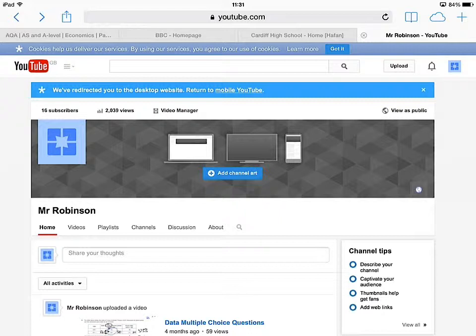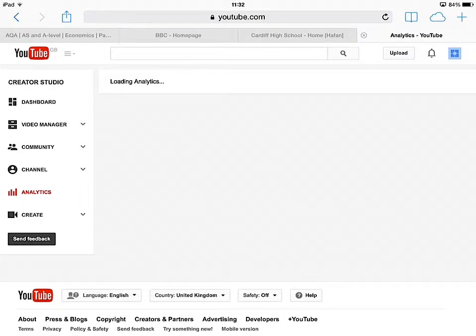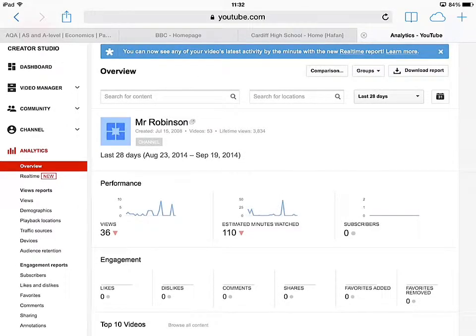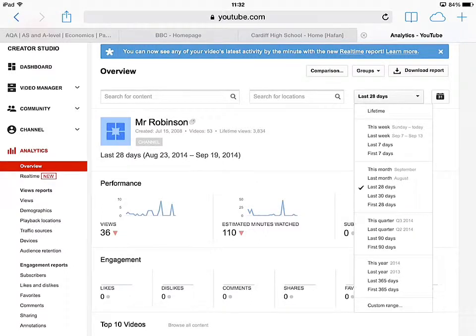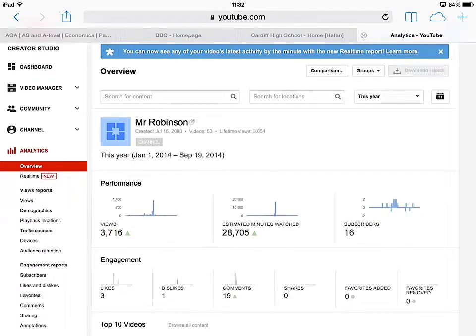Now, YouTube are really good at actually letting you be able to see the number of people who have seen the video. So what you do is you go to your channel and then you go to Video Manager. So when I've clicked on that, I can now go to Analytics. And for the minute, it says the last 28 days, which is obviously not that useful because it's been the summer. So if I go to this year, this will tell me how many times people have viewed the video,